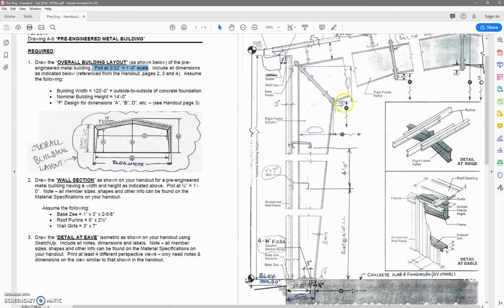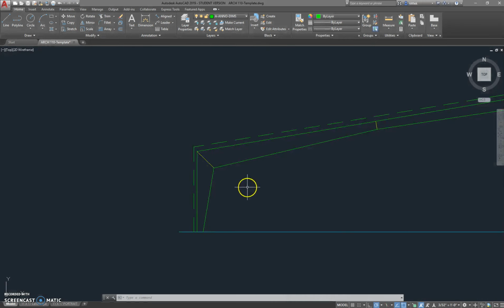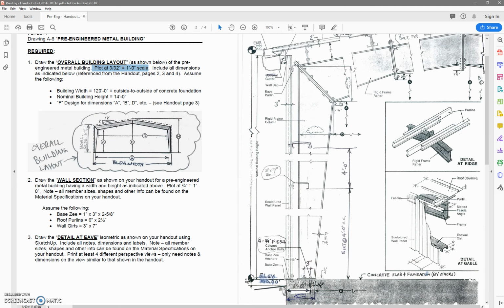or you can figure out how to draw them with some sort of break line dimension like this. You would basically just explode a dimension and draw a break line in there to do that. So one last thing I'm going to go over that should help you draw this wall section is, first